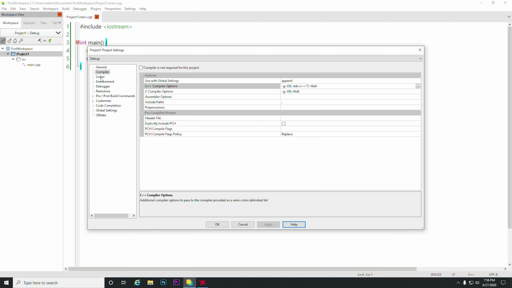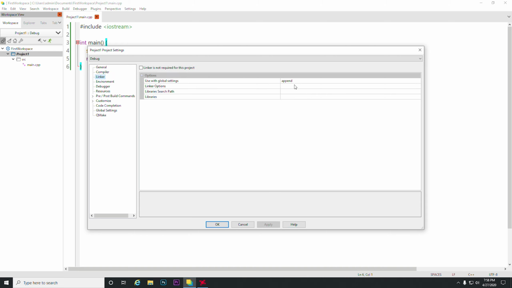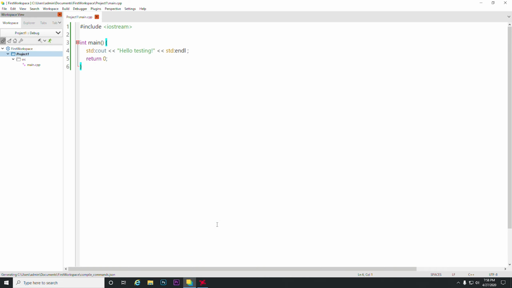Second thing we need to do is go to linker, and in linker options type a dash static. If you don't want to type it, it's all up to you, but it really helps you learn C++ better by showing different errors and stuff. So we're going to do OK.